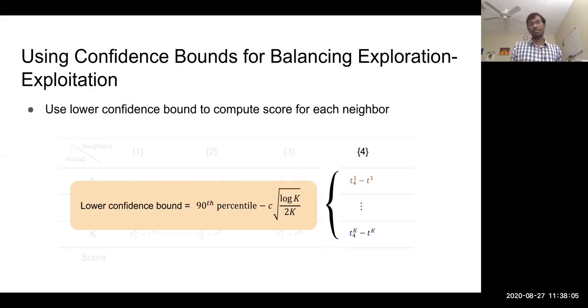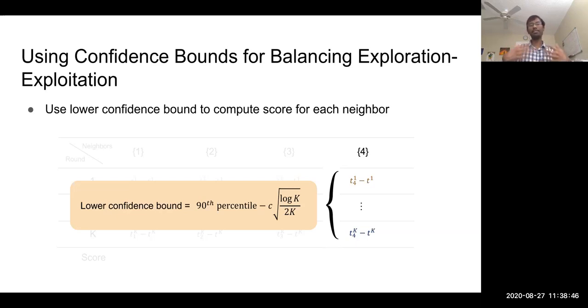Now, with multi-arm bandit problems, a good algorithm has to balance exploration and exploitation. So what do I mean by that? If we consider an algorithm in which the neighbors are chosen randomly all the time, this is like an algorithm that is 100% exploration without any exploitation. Whereas if we consider an algorithm where you choose a good set of neighbors based on your prior interactions, and then you just stick to that set of neighbors and you don't change at all, then that's like a greedy algorithm that's 100% exploitation without any exploration.